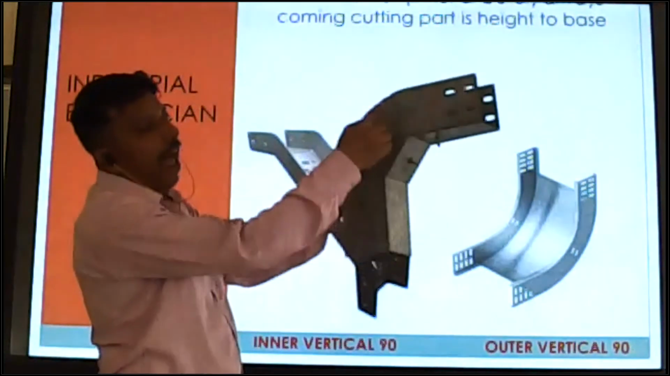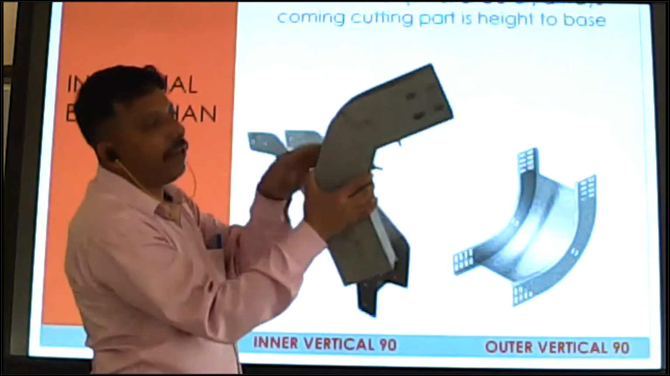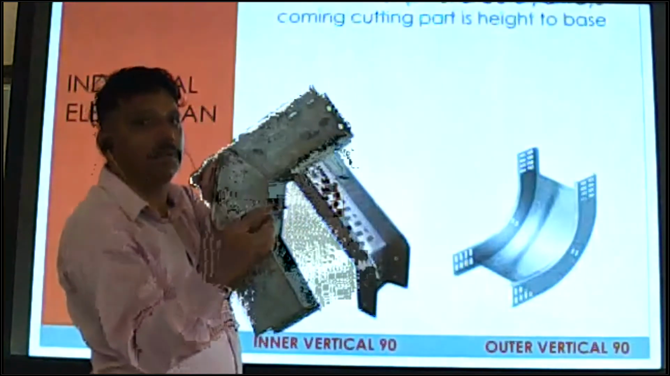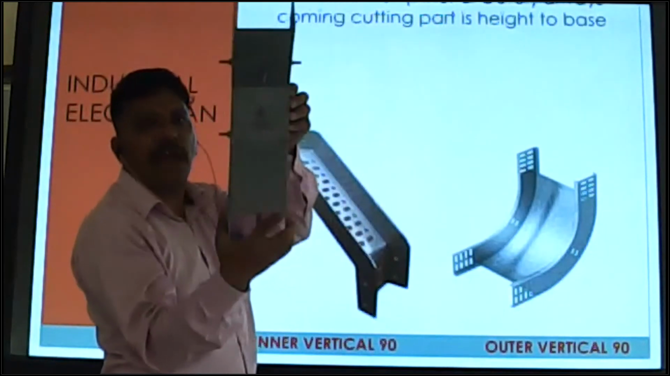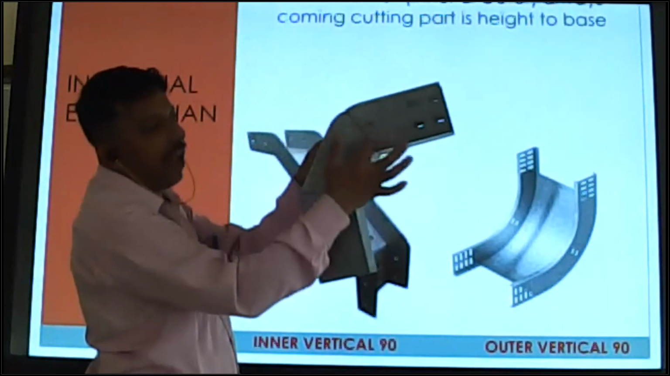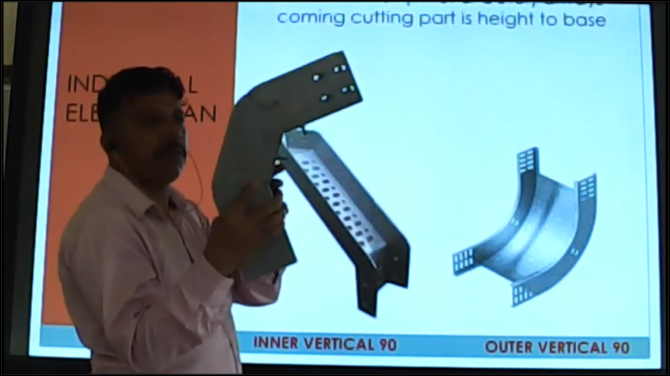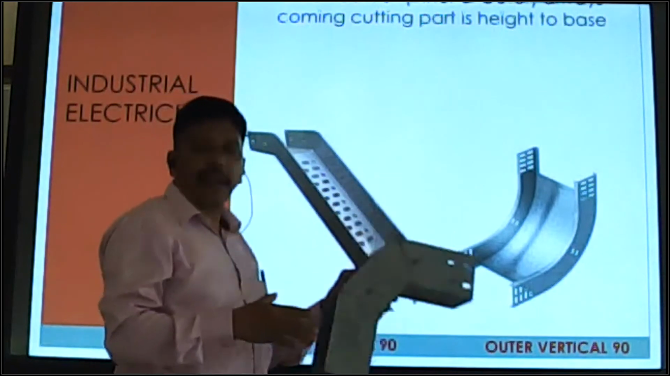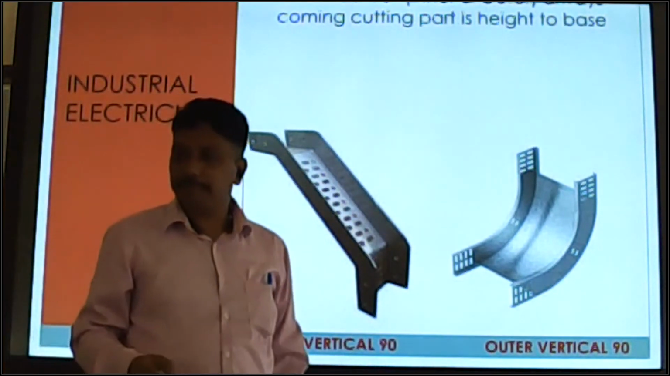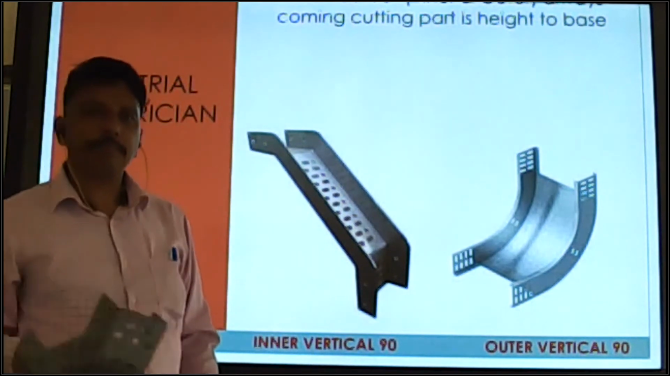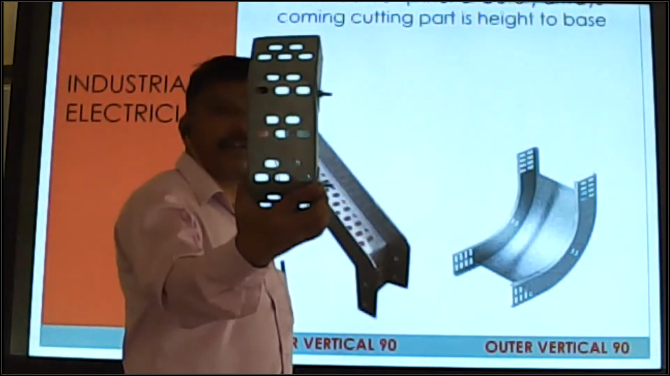So the cutting is always in the height part. You can see before there was no cutting in the height part. Now here you can see cutting in the height part. Here both the base sides have no cutting. You can see the base side is not cut. Only the height side is cut. And we use screws and nut bolts. Okay. So in vertical 90, always the cutting part is